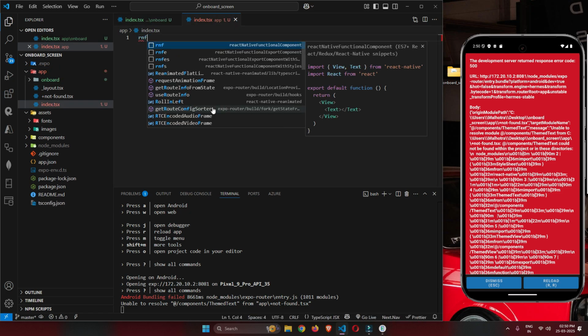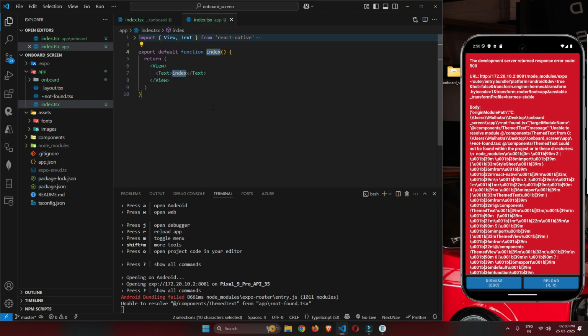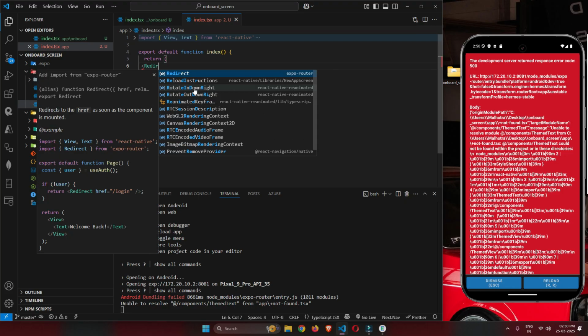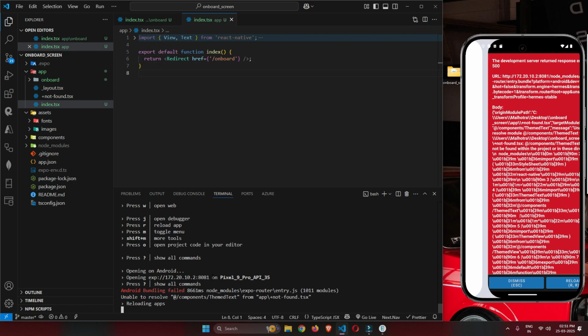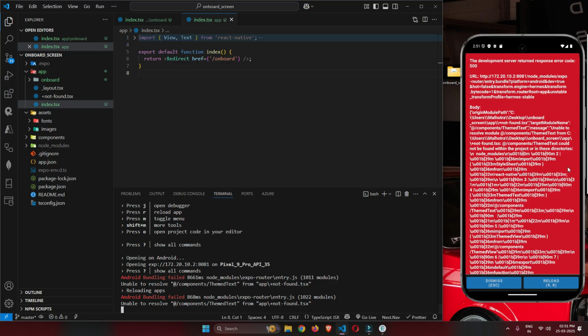I will say rnf, and in this index we will simply remove this, and we will add a redirect from Expo router, say href will be onboard. Okay, render to,